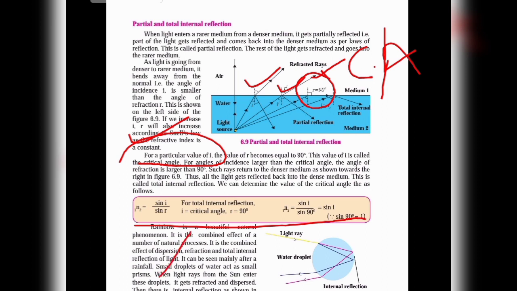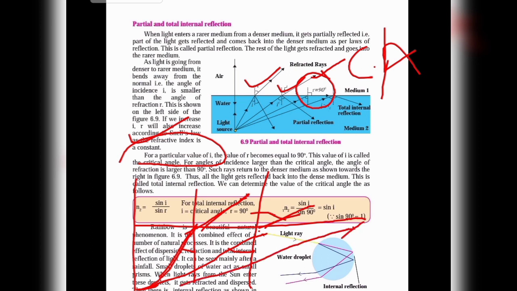Here I explain it to you. Take the incident ray and a normal. When the incident angle is small, the refraction angle is also small. When the angle of incidence increases, this angle r also increases, and at some point, for example at this angle of incidence, the angle of refraction becomes 90 degrees. How many degrees? It becomes 90 degrees.